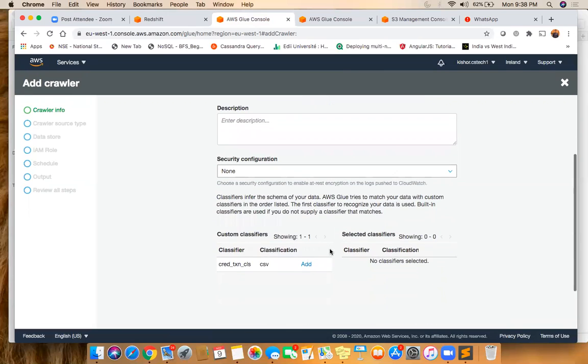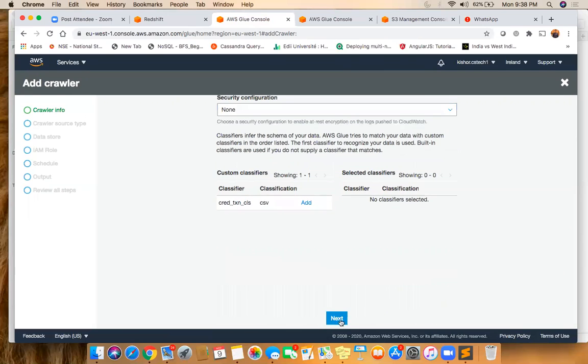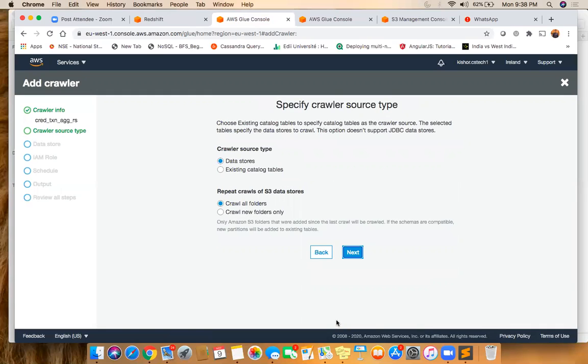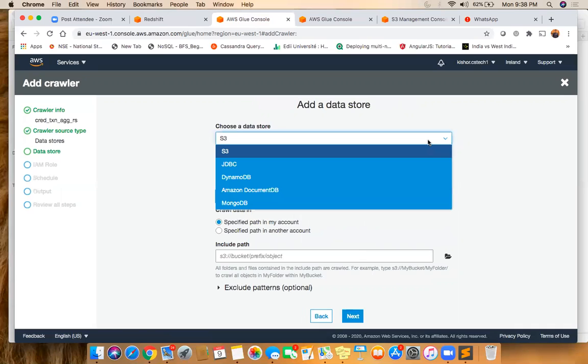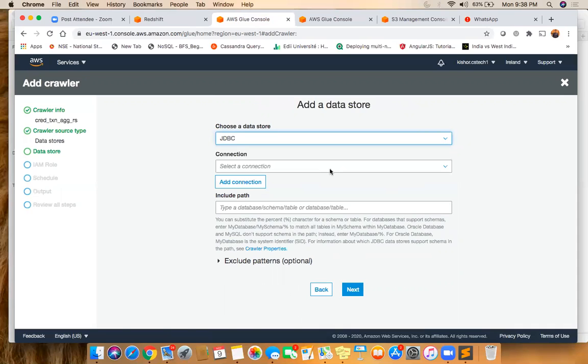Then no classifier. Then next, we are selecting JDBC. Select connection, the same connection we can reuse. Path, Dev slash